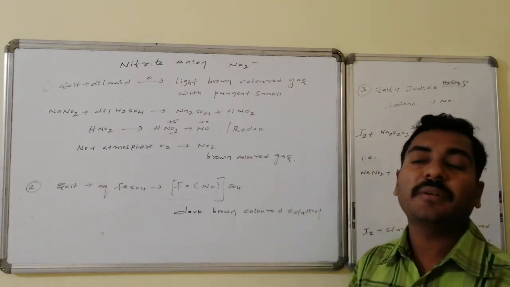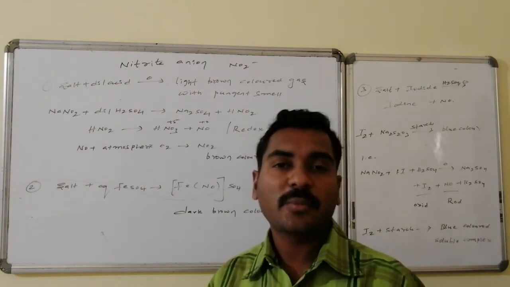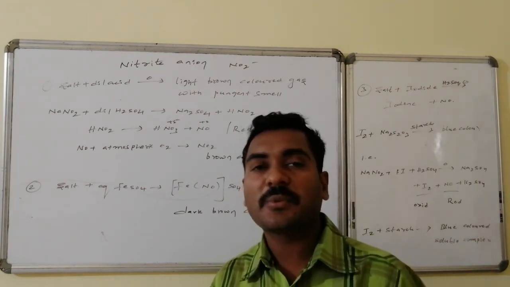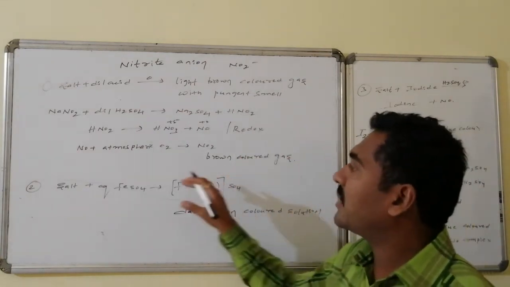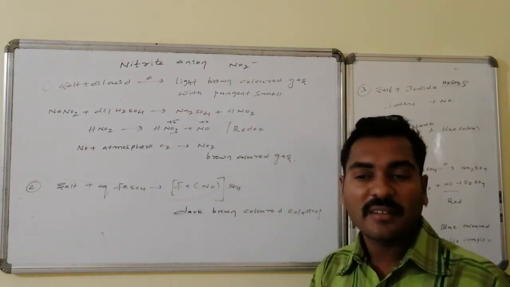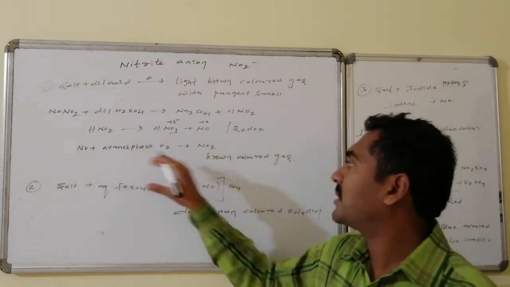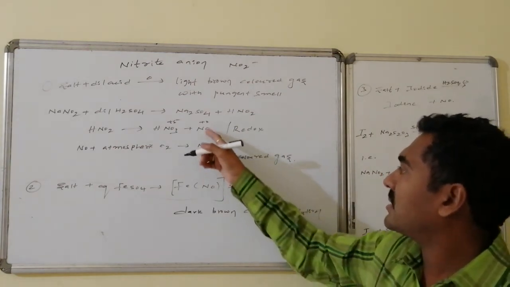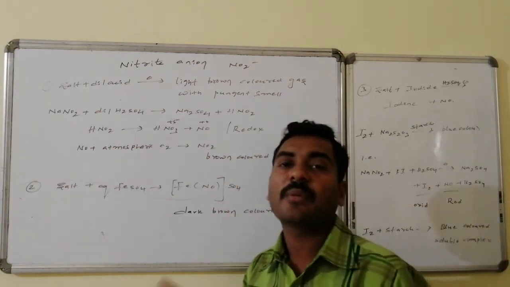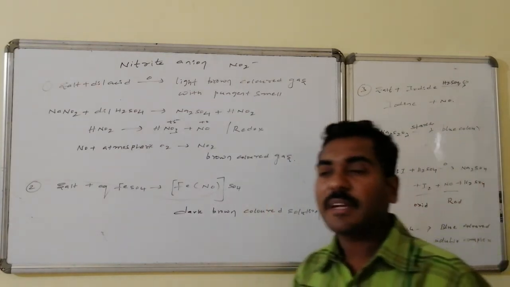Nitrous acid is unstable and undergoes a redox reaction to form the oxidized product nitric acid and the reduced product nitric oxide, NO. That NO on reaction with atmospheric oxygen, some portion of NO is converted to NO2, which has a brown color. Thus the gas combination NO and NO2 offers a brown color and also has a pungent smell. That is one of the confirmations.